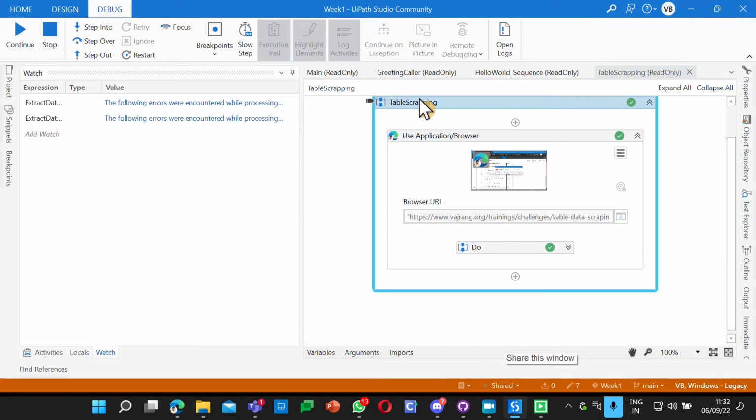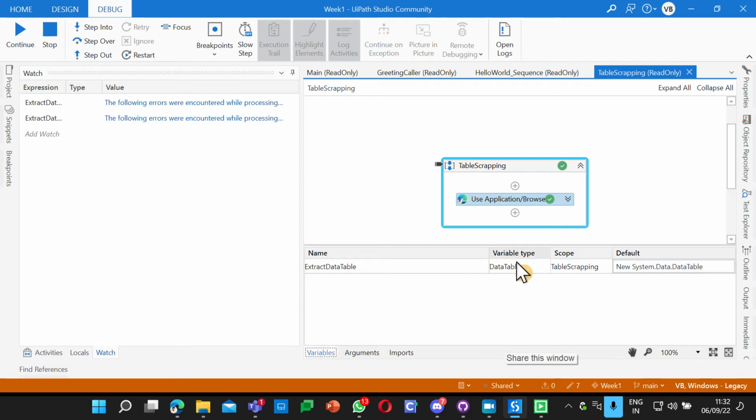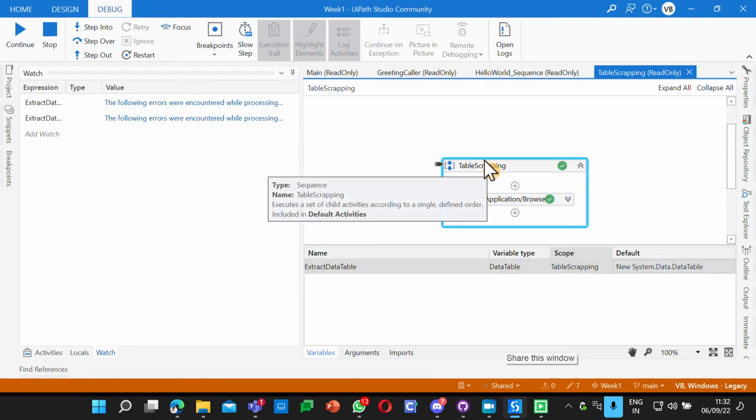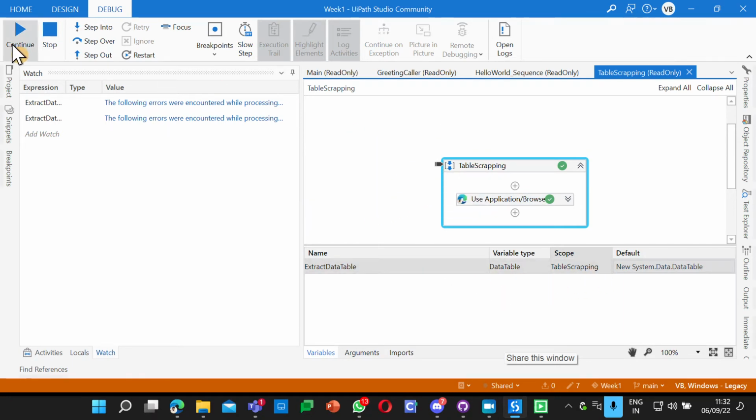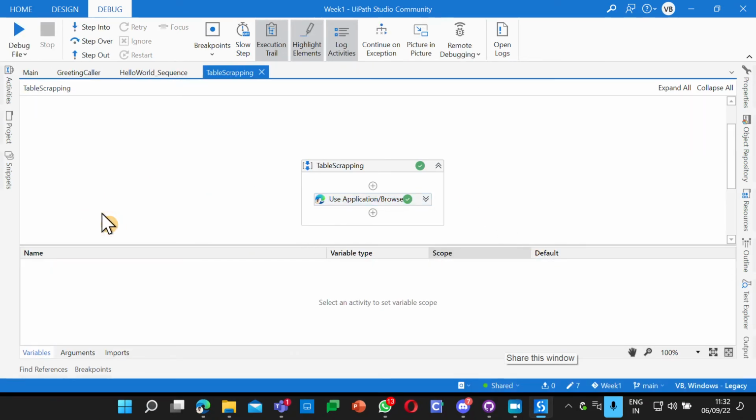So now when I go to data scraping, there is no scope for these two items, extract data table and extract values. If I just go to the variables, this particular scope is still data scraping only. But if it is going out of data scraping, it doesn't have any value. Let's just continue. Okay, now every time you debug,